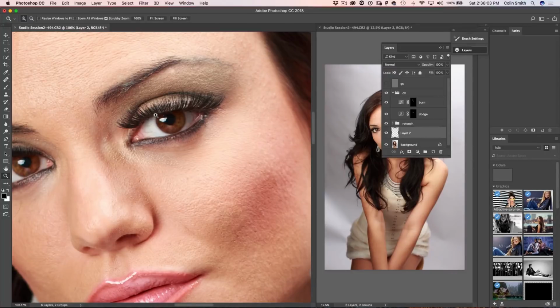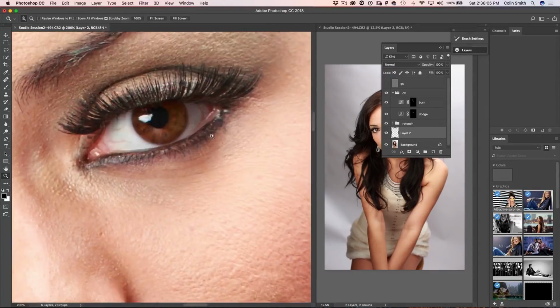And I'm going to zoom in a little bit more. Actually, yeah, let's get right in there. And I'm going to retouch that using our healing brush tool. Now I'm just going to make this really small. Now a lot of the time I don't touch these veins, to be honest. I'm just going to hit Alt Option and I'm going to go in here and just kind of reduce these